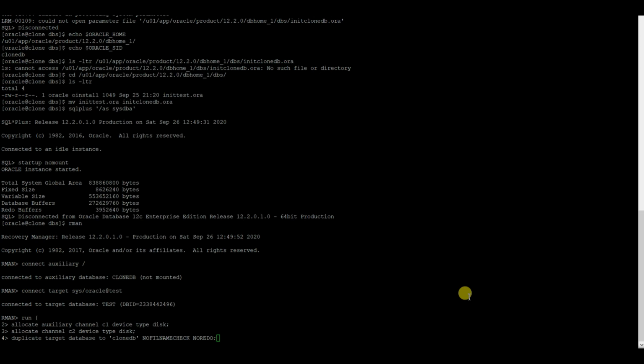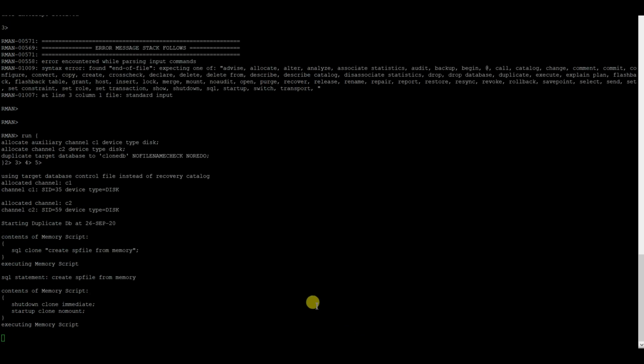And thus, if the source database is currently running in archivelog mode, but the backup was taken when the database was in noarchivelog mode, at that time also noredo is required. I will go ahead with noredo because I do not want to apply archive redo logs to the consistent backup. So this has started.